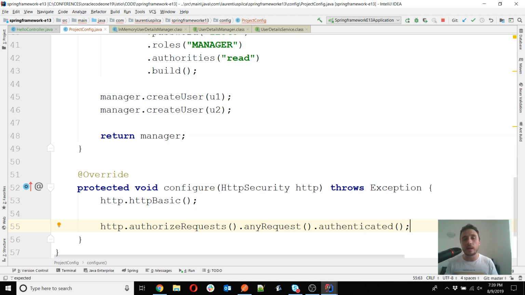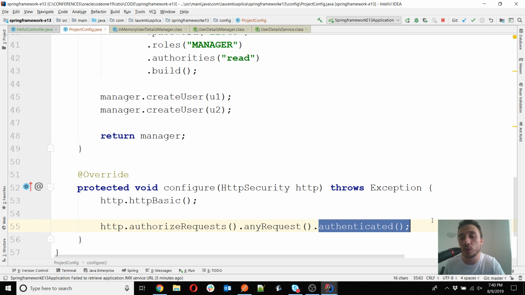And by adding this method like this, I will actually change nothing about the way my endpoint will work, because this is exactly what was happening without adding this method. By default, all the requests are authenticated. But now that I know I can do this, you also know that you have the opportunity to change the